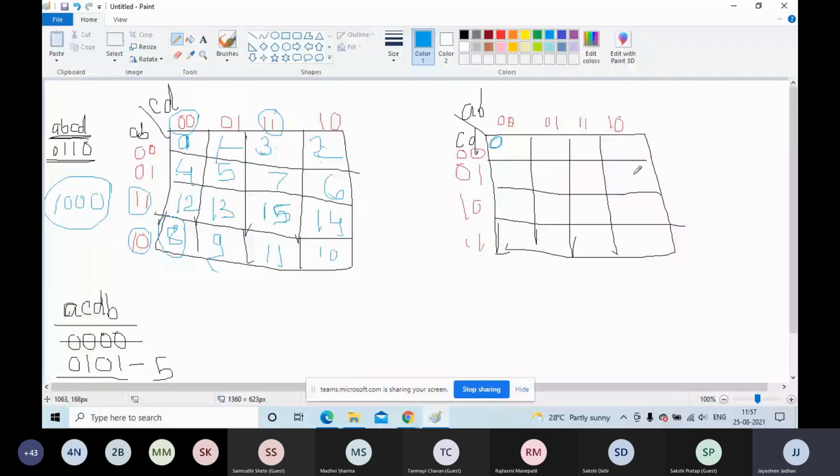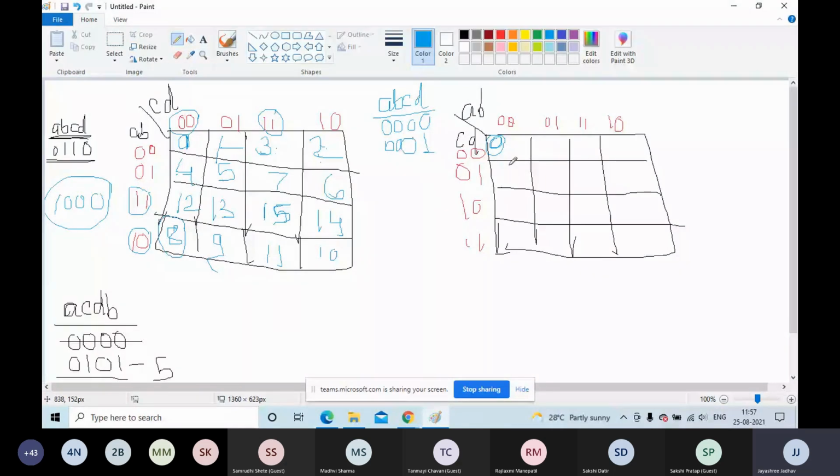Below 0. Yeah, correct. For that you have to see, as I told you, use this sequence A, B, C, D. Right now you are following this. So 0, 0, 0, 0, all values are zeros, so I have put 0 here. Now you can see the value of AB is 0, 0 and here the value of CD is 0, 1. So whose binary is this? 0, 0, 0, 1, of 1. So I have to write 1 as the decimal here.